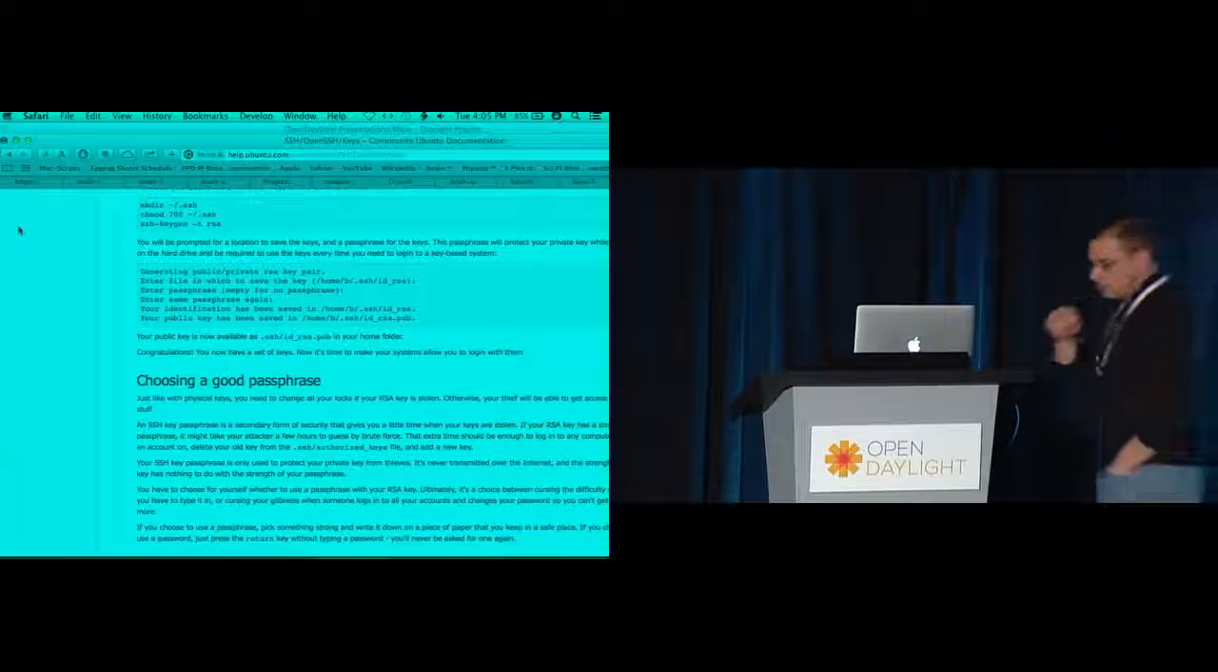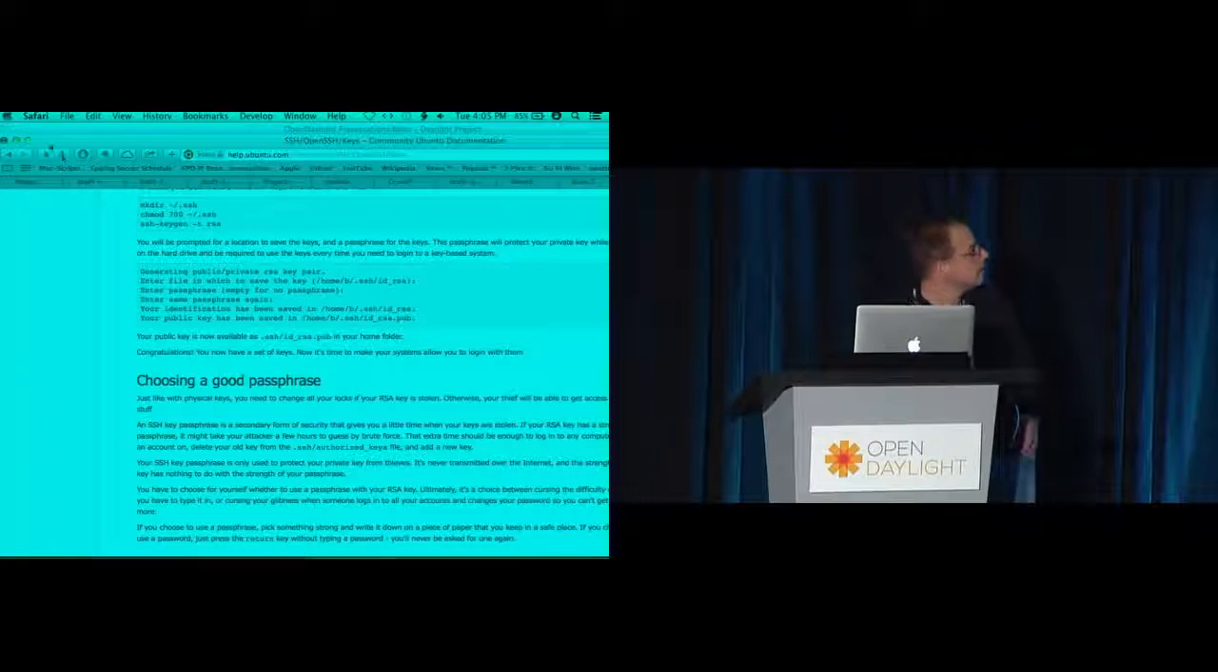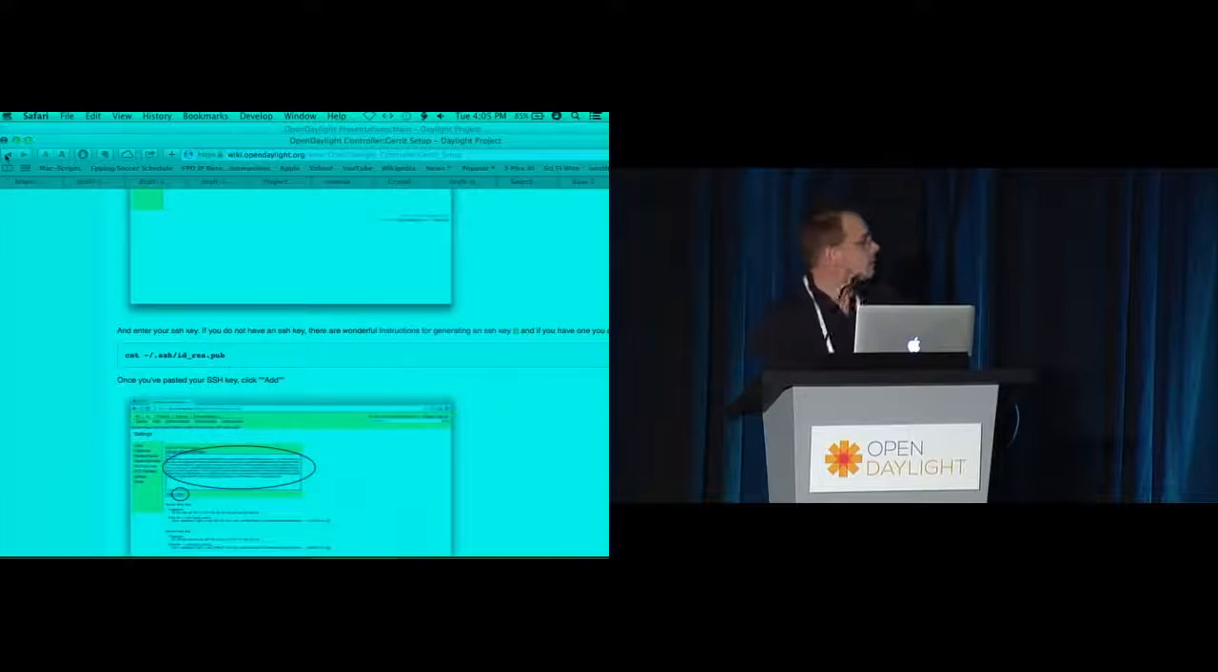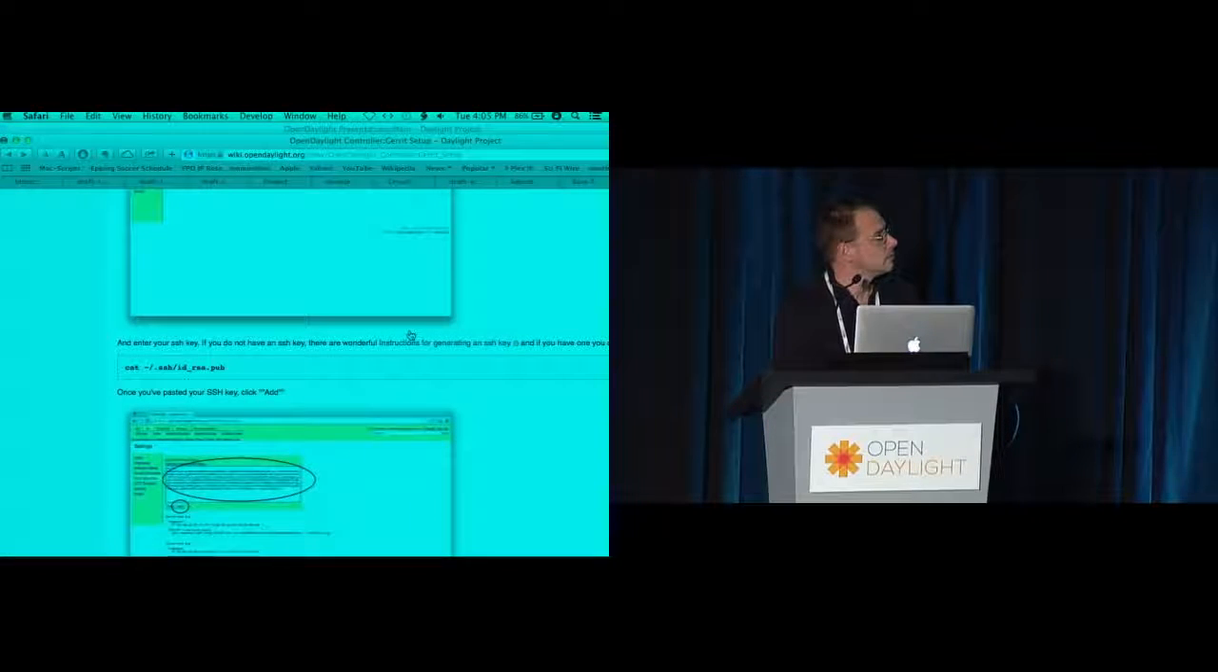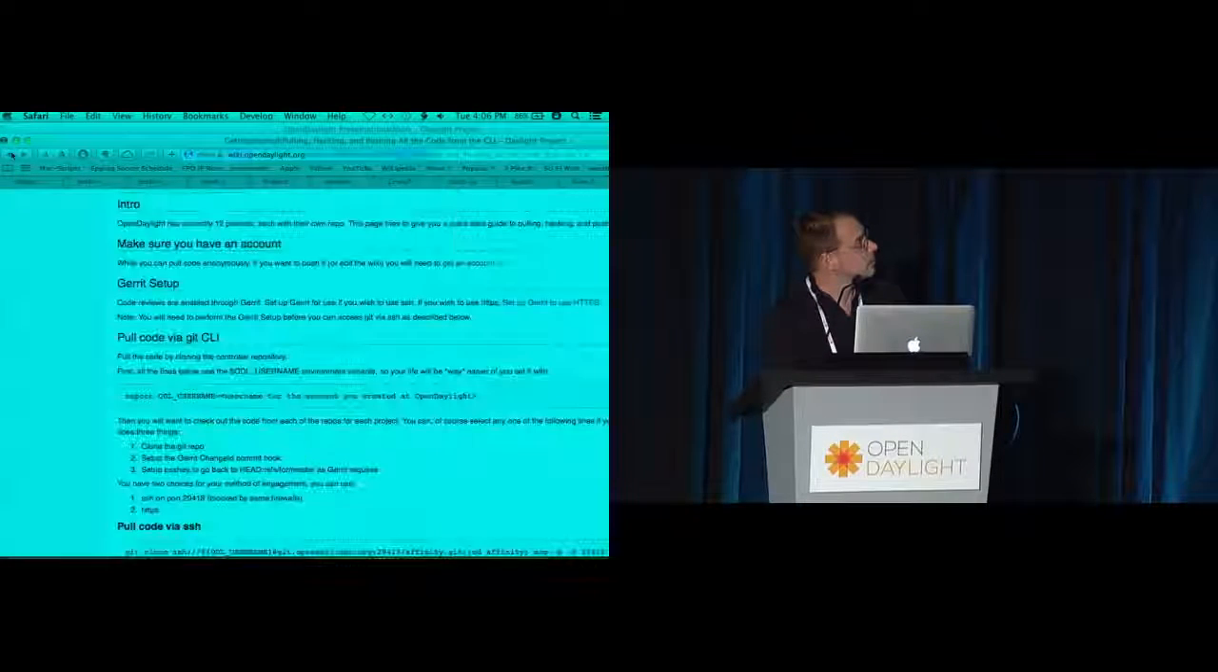There's a link on the previous page. It says generating, right here. Sorry, it's hard to see. There's a hyperlink right there. You got it? It's kind of halfway down the page. Oh, sorry, wiki.opendaylight.org. So if you start there,